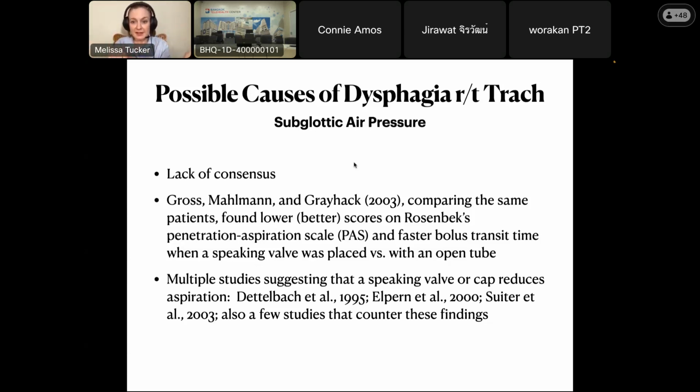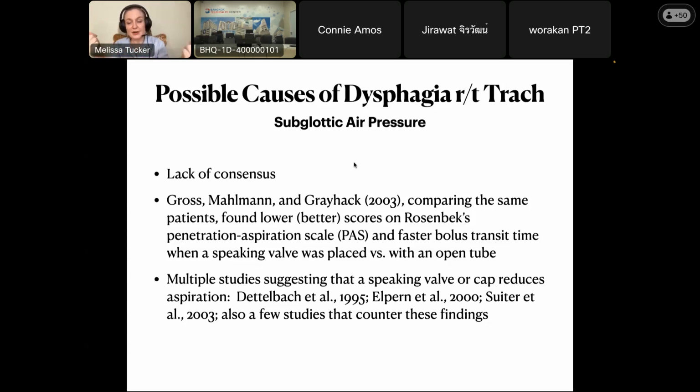So Gross and colleagues found that when a speaking valve was used versus just an open trach, the patients had better scores on the penetration aspiration scale, and they had a faster transit time of the bolus when they swallowed. There are multiple studies suggesting that a speaking valve or a cap reduces aspiration, and there's also a few studies that did not find that. So again, I think this comes down to a very patient-specific